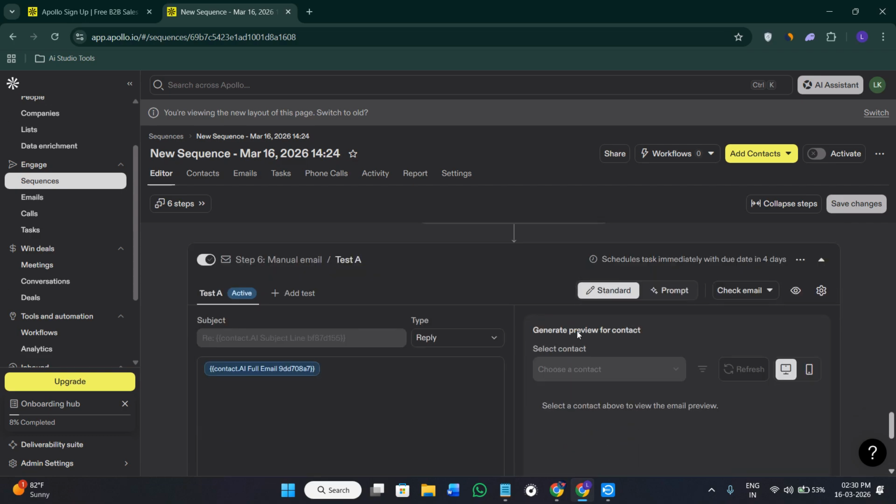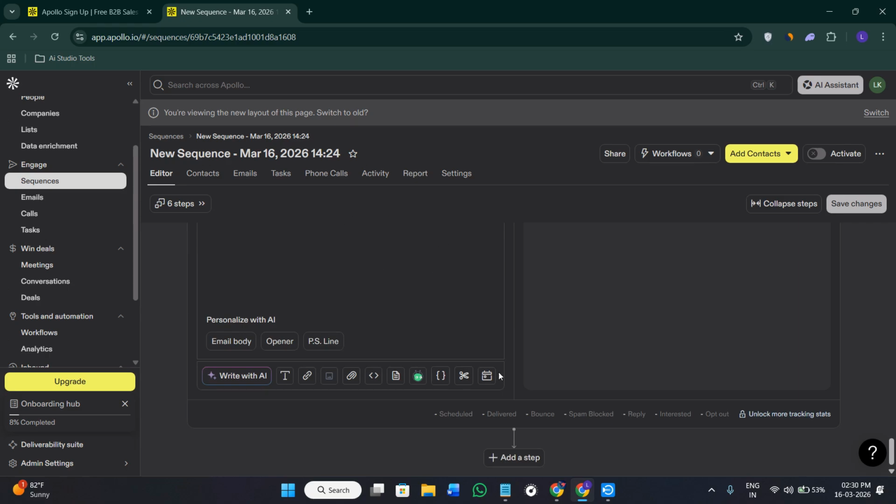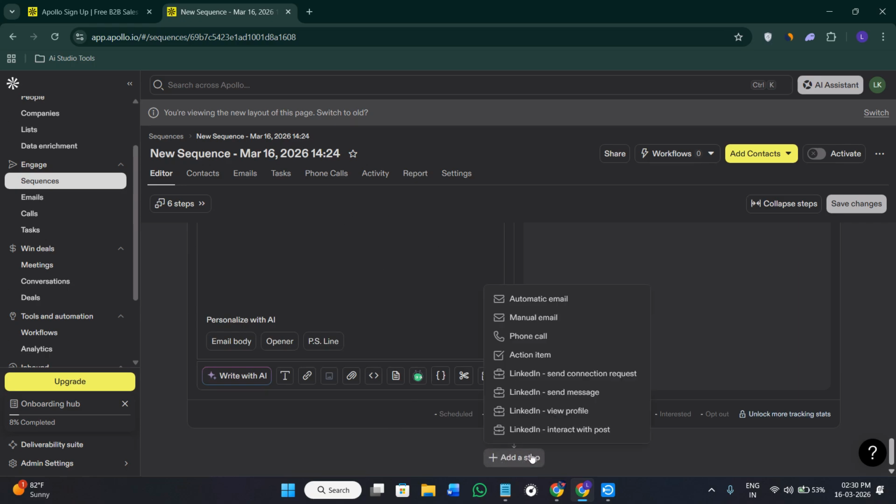So to add a new action, you just have to scroll all the way down of this particular sequence. Here you will find the option of add a step. As soon as you click on it, Apollo is going to display several types of steps in front of you. So like we have automatic email, manual email, phone calls,